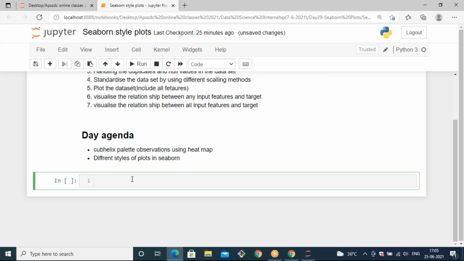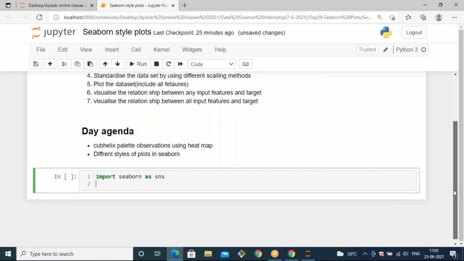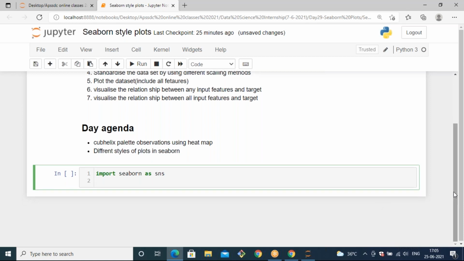Okay, so for that I'm just importing Seaborn. At the initial time, import seaborn as sns, and then you can generate a number of random values, and we can apply these random values to the heat map to observe the values with respect to the color map, with respect to the cube helix pattern.